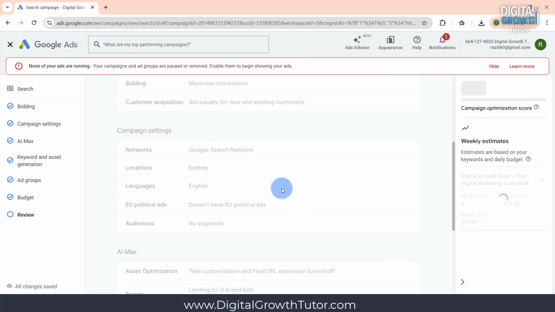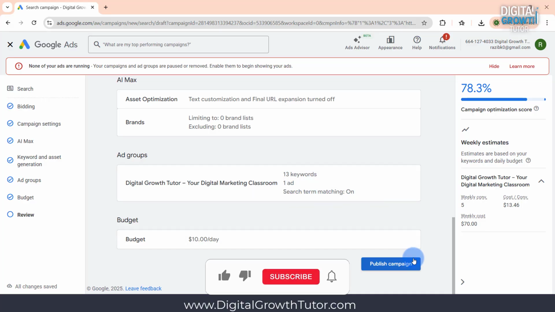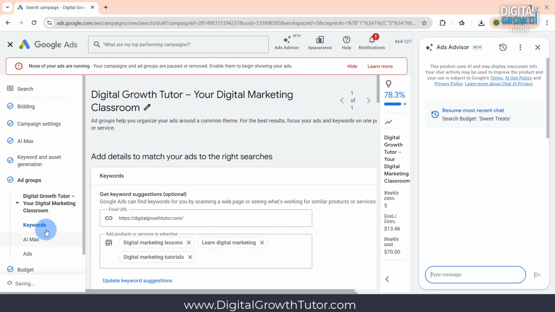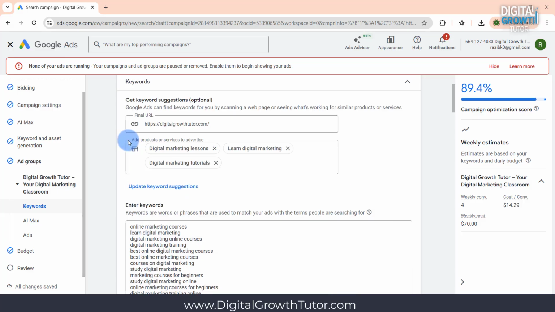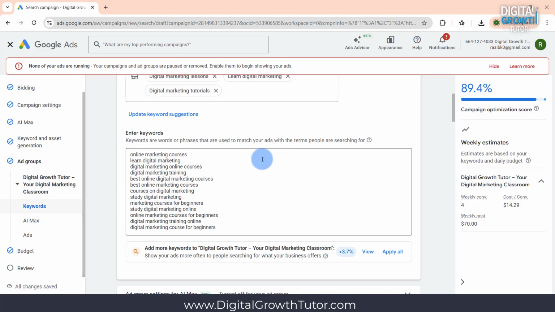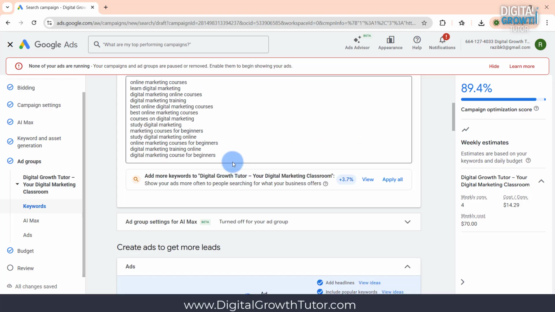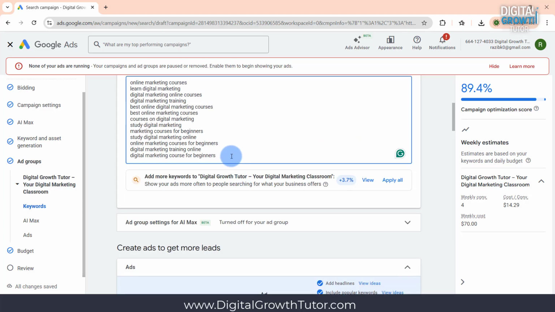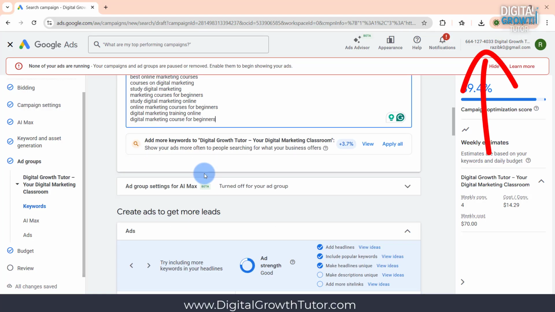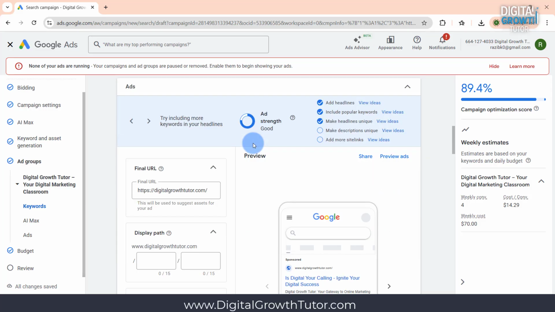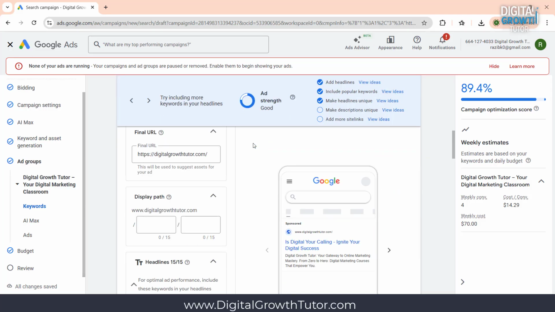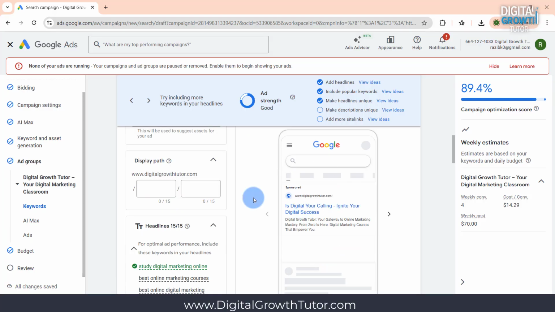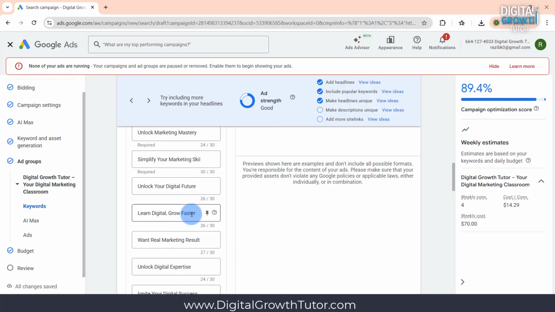Before publishing your campaign, review the important sections. From the left panel, click on Ad Group, then Keywords. Here you can remove irrelevant keywords, add your own keywords, improve keyword match types. For manual keyword research, watch the video linked in the iCard where I explain how to set up keyword research. Scroll down to the Ads section. Here you can change the final URL, edit the URL path, add or remove headlines, up to 15 per ad,